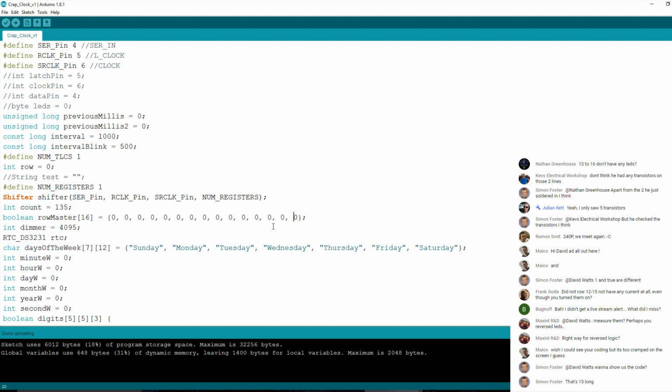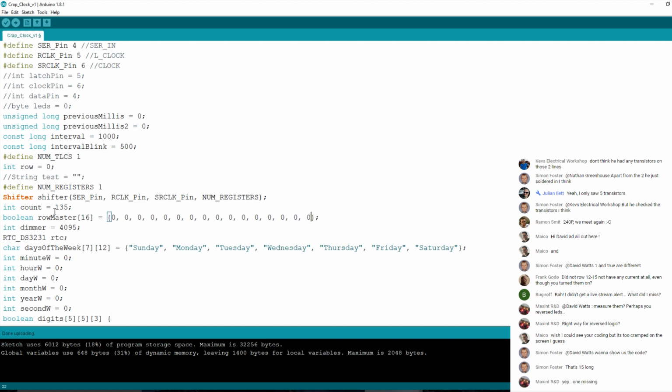Okay, so that is wrong. There are 14 in there, and actually we need another one to get to 15 or the 16. So 0 to 15, giving us 16